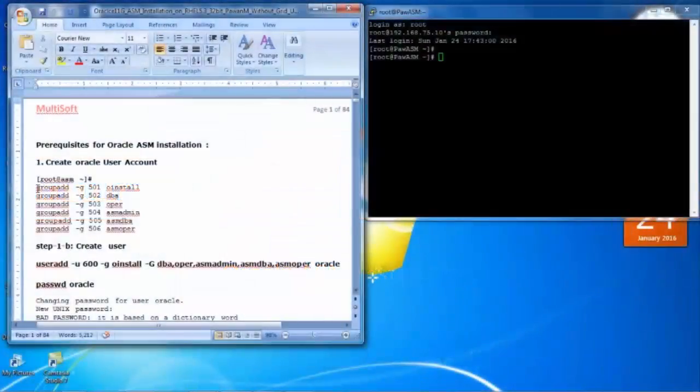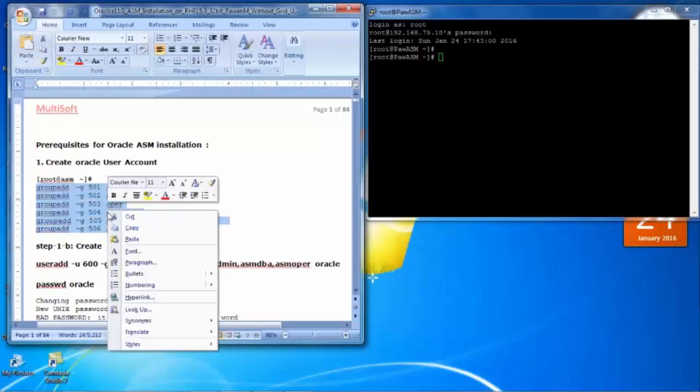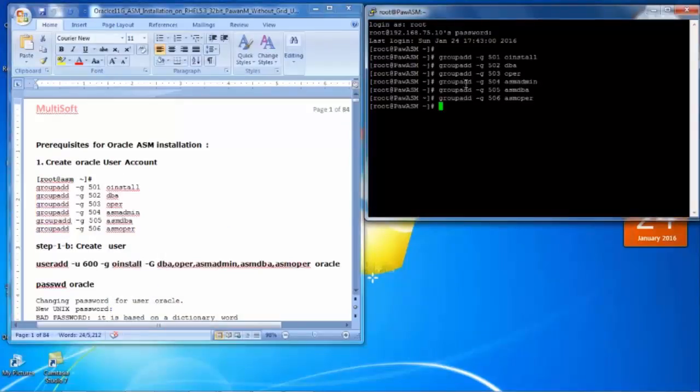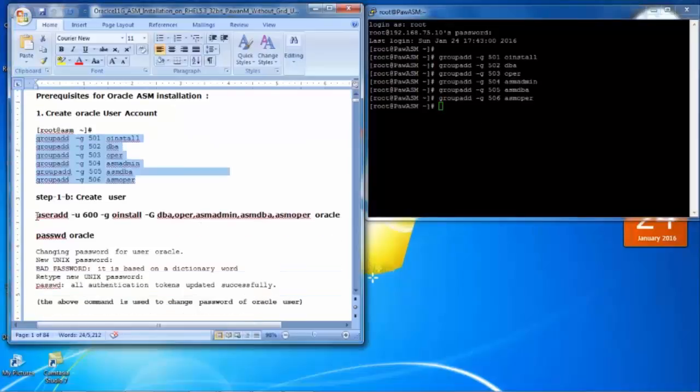First you have to create all these 4 groups. Means you have to create all these OS groups. Right, I have created all these 4 groups. Thereafter you have to create